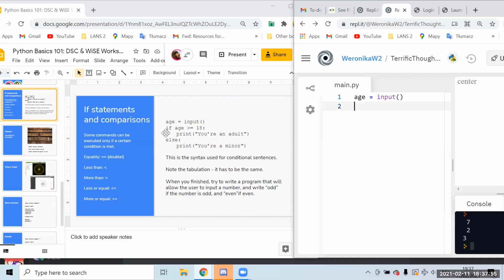Print has to be moved away from the if statement. And if there are people who are more proficient in coding and have already written things like that, you can try to write a program that will allow the user to input a number and write odd if the number is odd and even if the number is even.